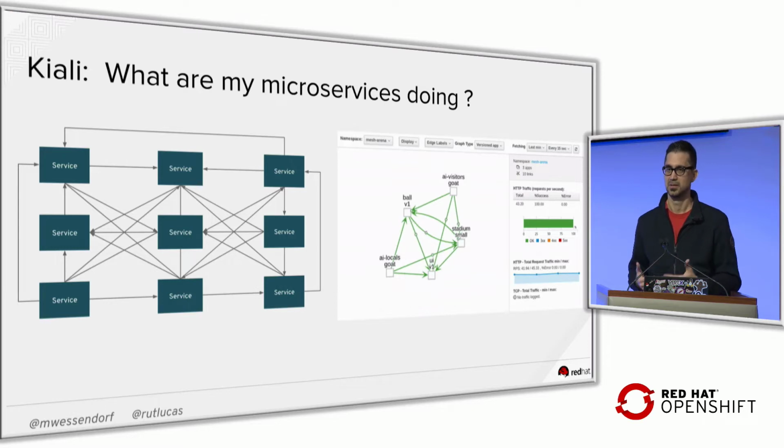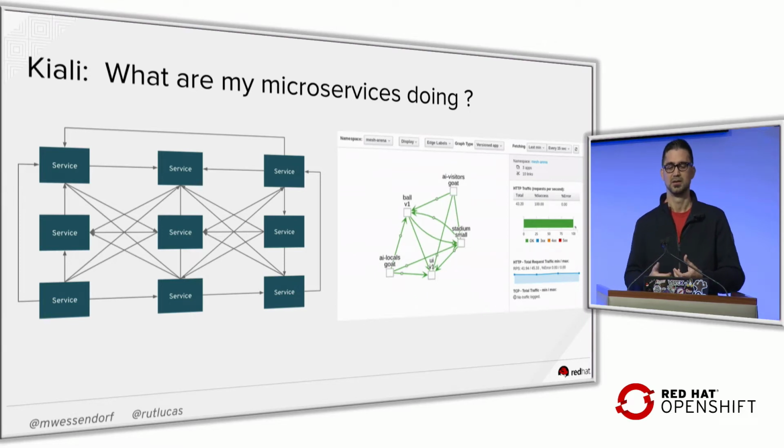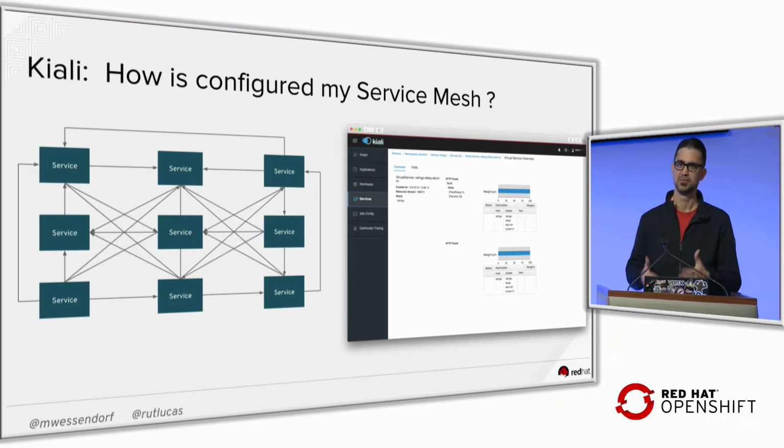what your microservices are doing, how they are communicating, what the health between them is, and it is focused on all the telemetry aspects, okay? And also to give you the ability to explain why: how my service mesh is configured, okay? Where I can spot potential problems, or where I can detect some kind of scenario that I need to fix, okay? And that's it.